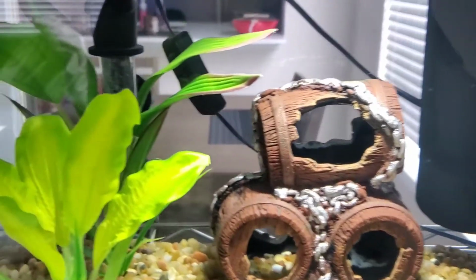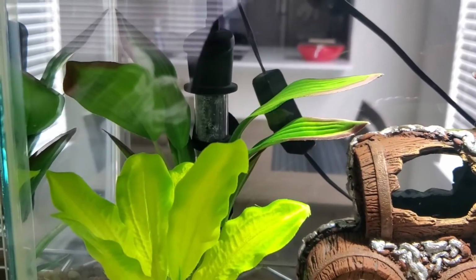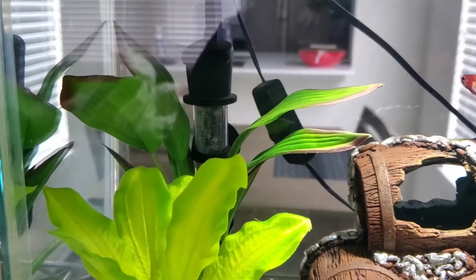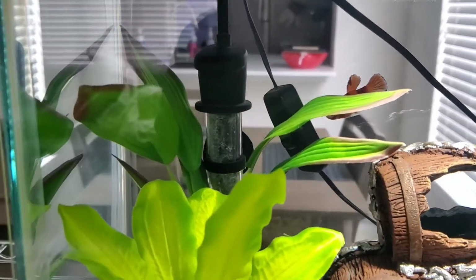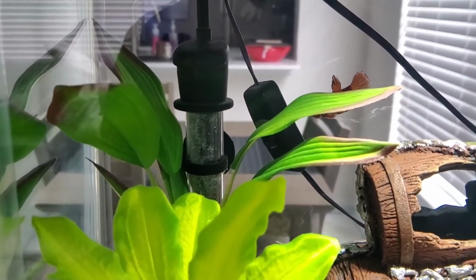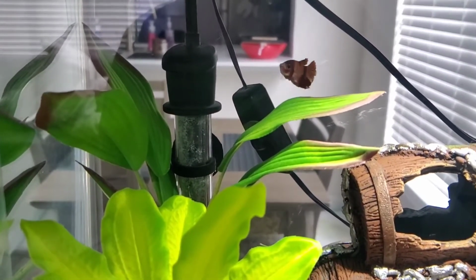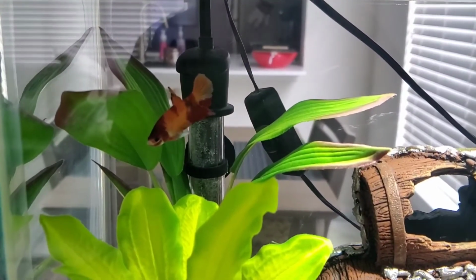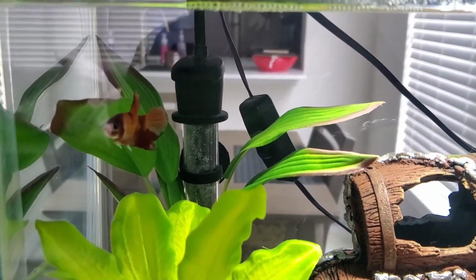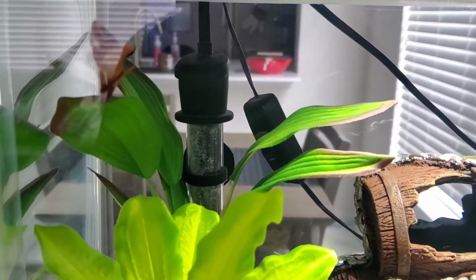The next thing that's all the way in the back in the corner is his heater, and that actually came from Walmart. I usually get all of my heaters at Walmart, and they do a very good job. I have never had any issues or problems with them. So if you're looking for a nice, good, cheap heater, I recommend going to Walmart. They're absolutely wonderful. Pretty much all of my tanks right now do have one of these, except my Glow Betta tank does have